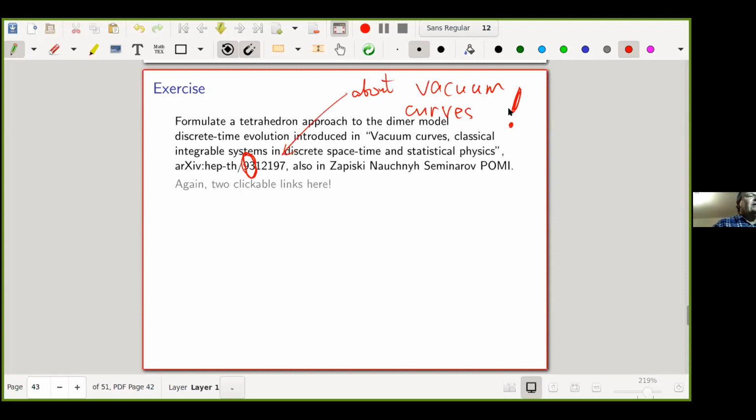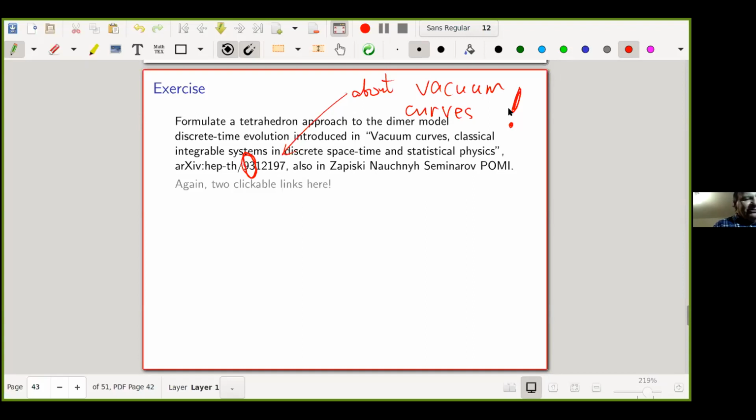So there is one more similar model where I did not find a functional tetrahedron behind it, but probably it does exist,